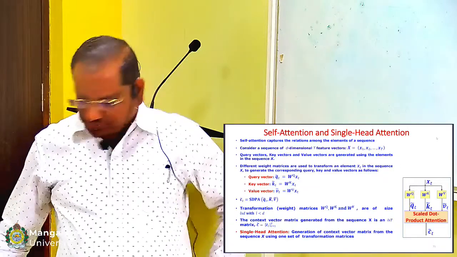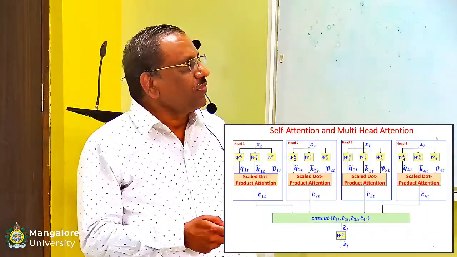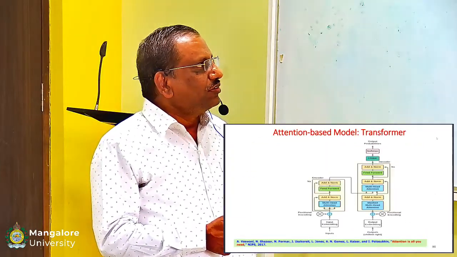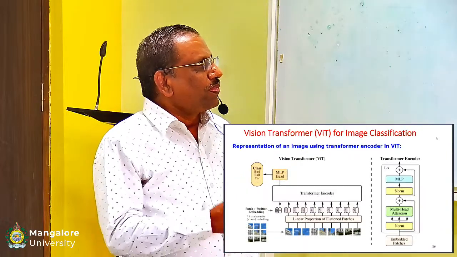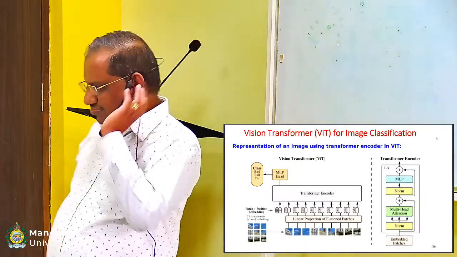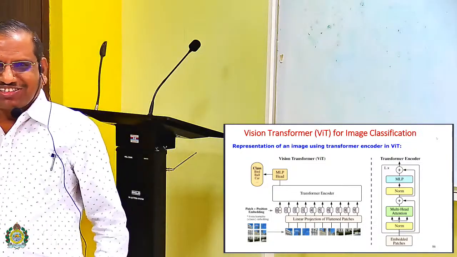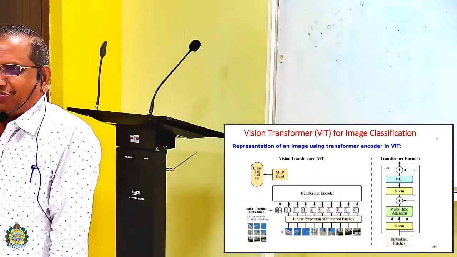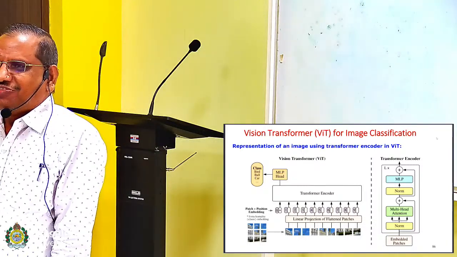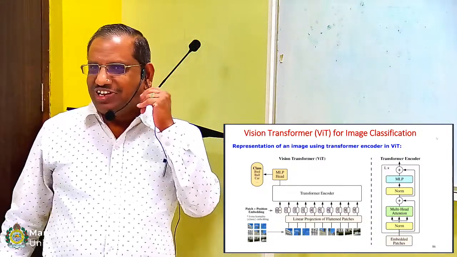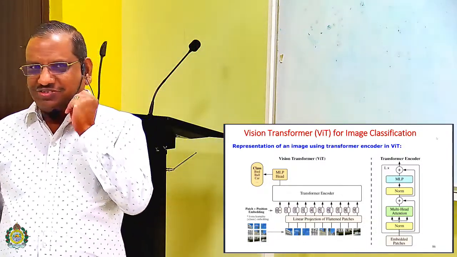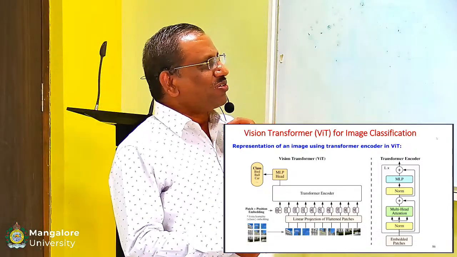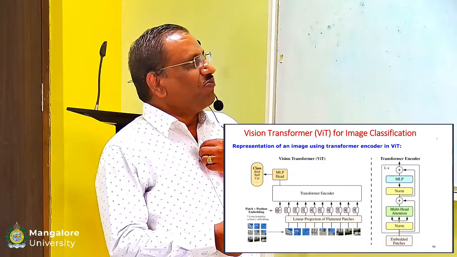Okay. Now we will be seeing, if you have any sentence to sentence mapping tasks, one can use the transformer models. But interestingly, these transformer models are also extensively being used for many tasks like image classification, image captioning, and so on. Okay. So when I talk about image classification using the transformer model, we refer to it as the